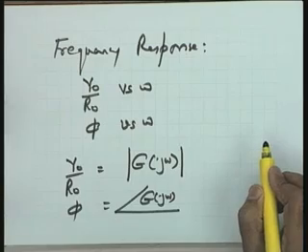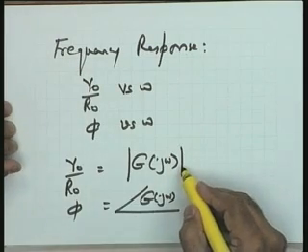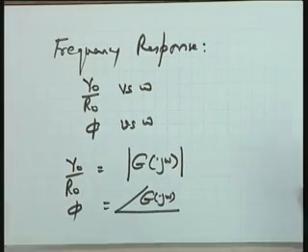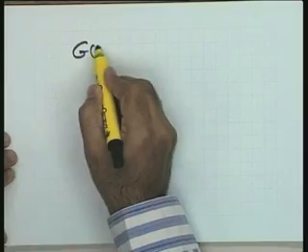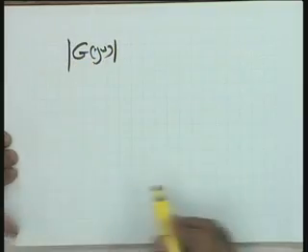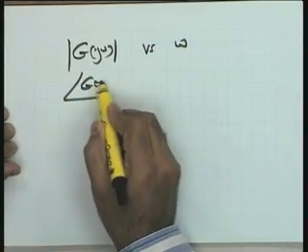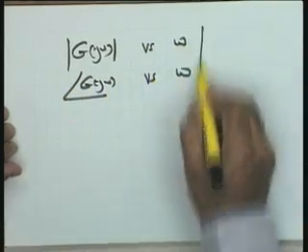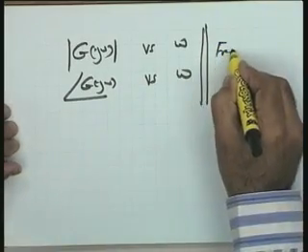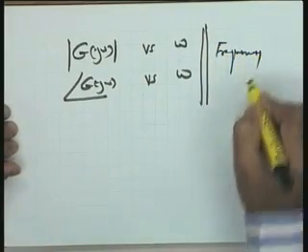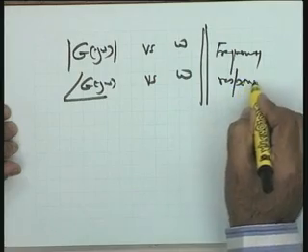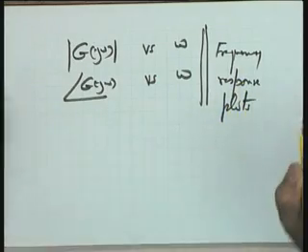So now let me put it the other way: the magnitude of G(j omega) and the angle of G(j omega) versus omega constitute the frequency response of the system. Okay? However, this point may be made clear at this juncture. I know that you already know it, but I would like to repeat this. I said magnitude of G(j omega) versus omega, and angle of G(j omega) versus omega. You may plot them and get the frequency response plots, the graphical picture of the frequency response. Let us say frequency response plots are available.